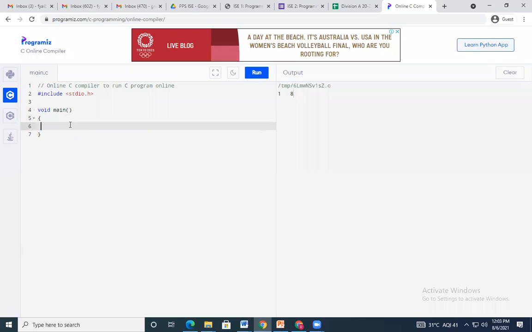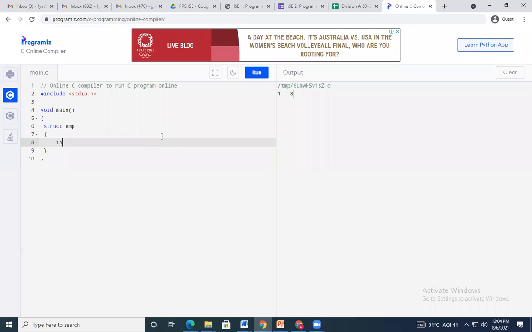Okay, now I will define the structure. Let's say for employee, I'm going to use this structure for employee. Now again, as it is the body, I have open and close curly brackets.